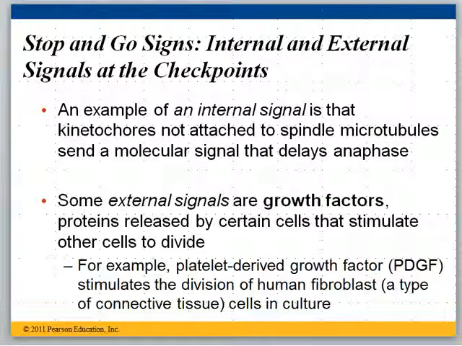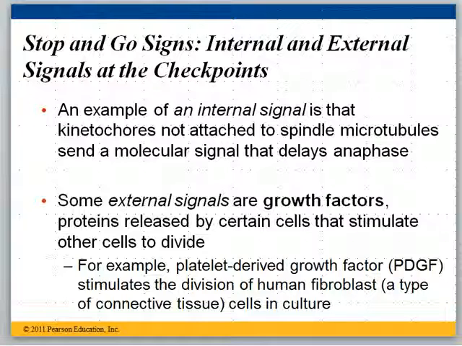Let's finish off Chapter 12 by talking about some of the signals that cause all of this to go on. This is a very complicated cycle that has to occur, and we have to try to figure out, how does the cell know when to divide or how often to divide, and what are some of the signals that cause the cycle to start or stop or to begin and end? So, of course, we have a couple of different signals.